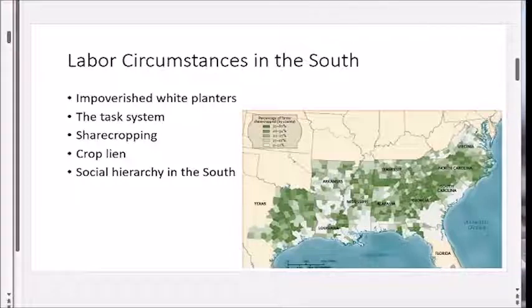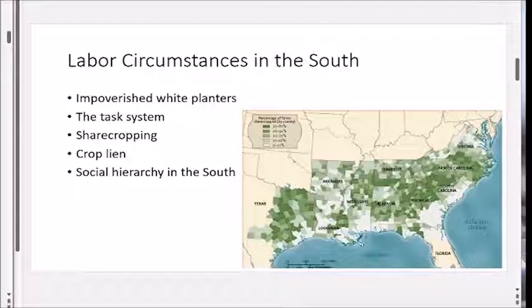Okay? A lot of farm equipment was destroyed. People who had domesticated animals, their animals may have been killed by the army, right, who needed to feed its soldiers. Or maybe they were just killed to destroy the economy of the South, right? The Union did that quite often. Buildings destroyed, infrastructure destroyed, like I talked about earlier. So you have a number of white planters not doing so well after the war, okay?